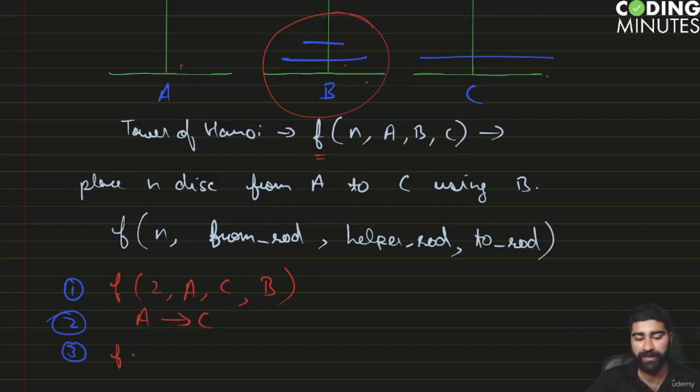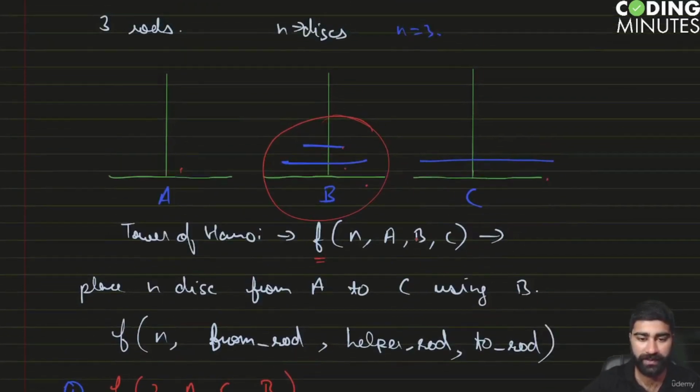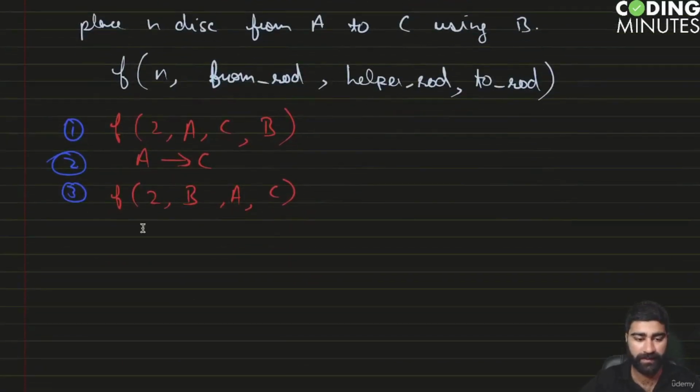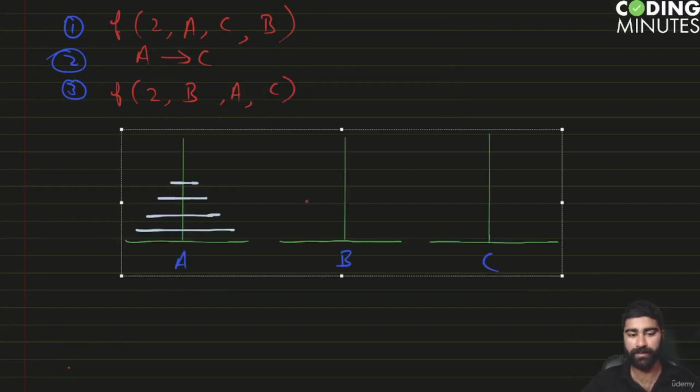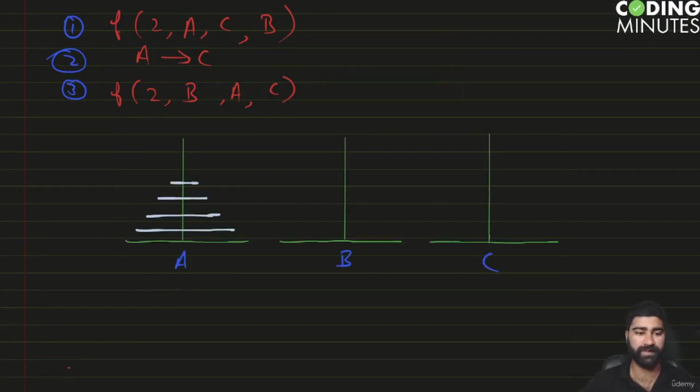So what will be my function call over here? Place the two disks from B to C using A. I hope this is clear. So let me quickly iterate all these three steps again. So this is what we started with. So instead of 2, let me write n minus 1,